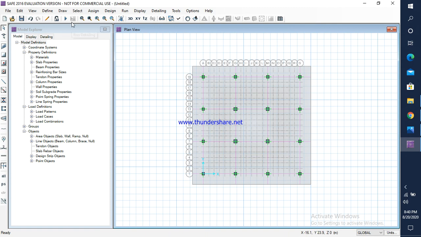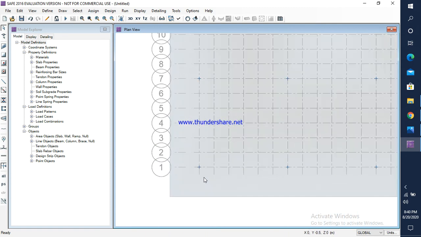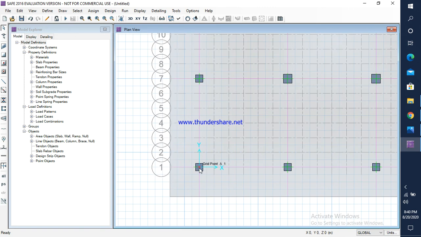Click escape. Click on the column center. Make sure that one point is selected. Assign